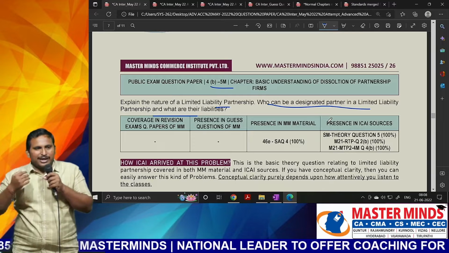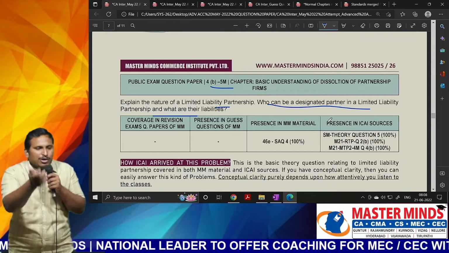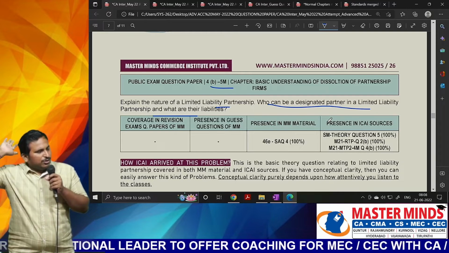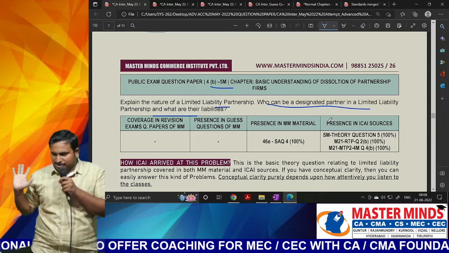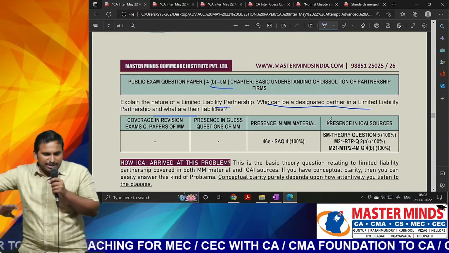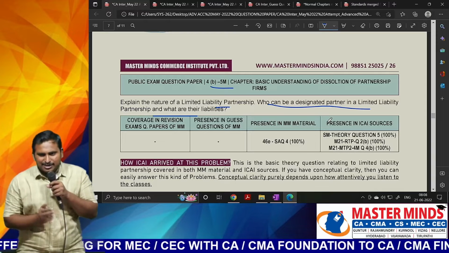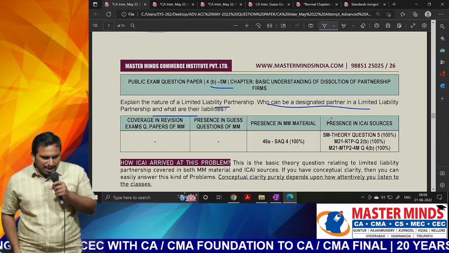When you are preparing any related chapter in revision, go and look at that theory, as one or two questions also come in the public examination. If you just spend 1 hour the day before, that is sufficient for that theory. I hope it is clear. So don't leave any theory questions. In accounting generally less, but in advanced accounting, more topics are there, more scope is there for theory questions.